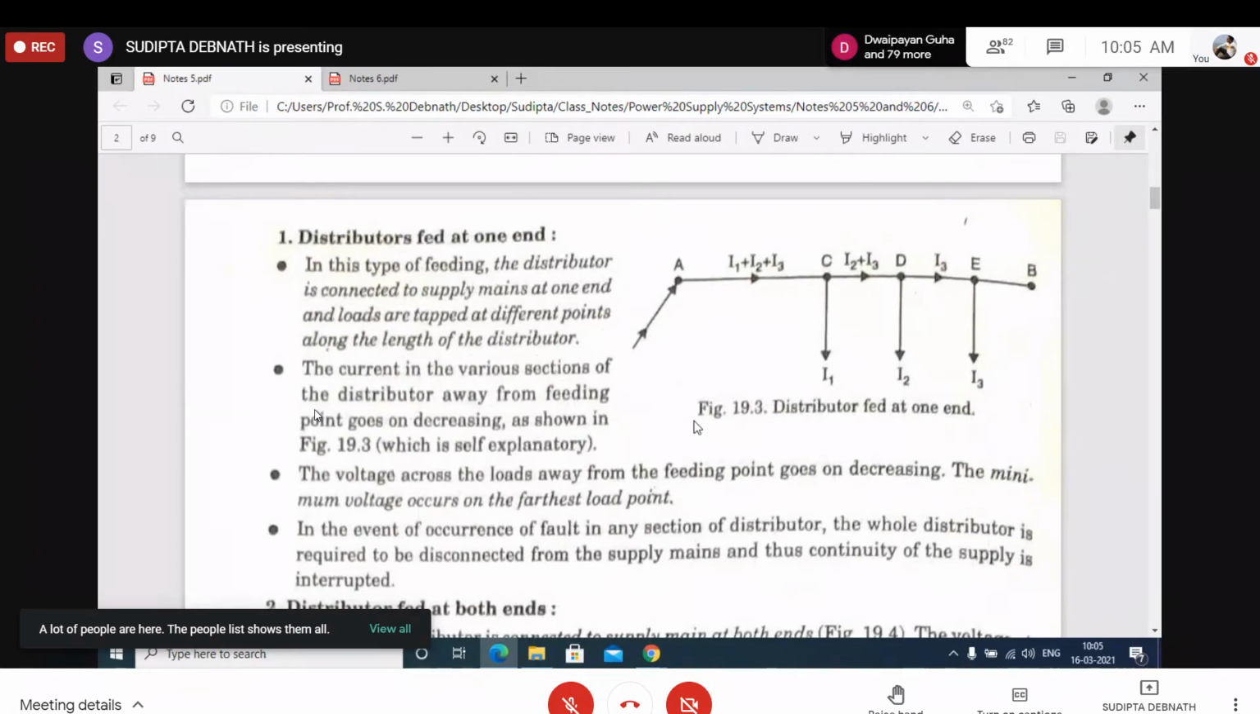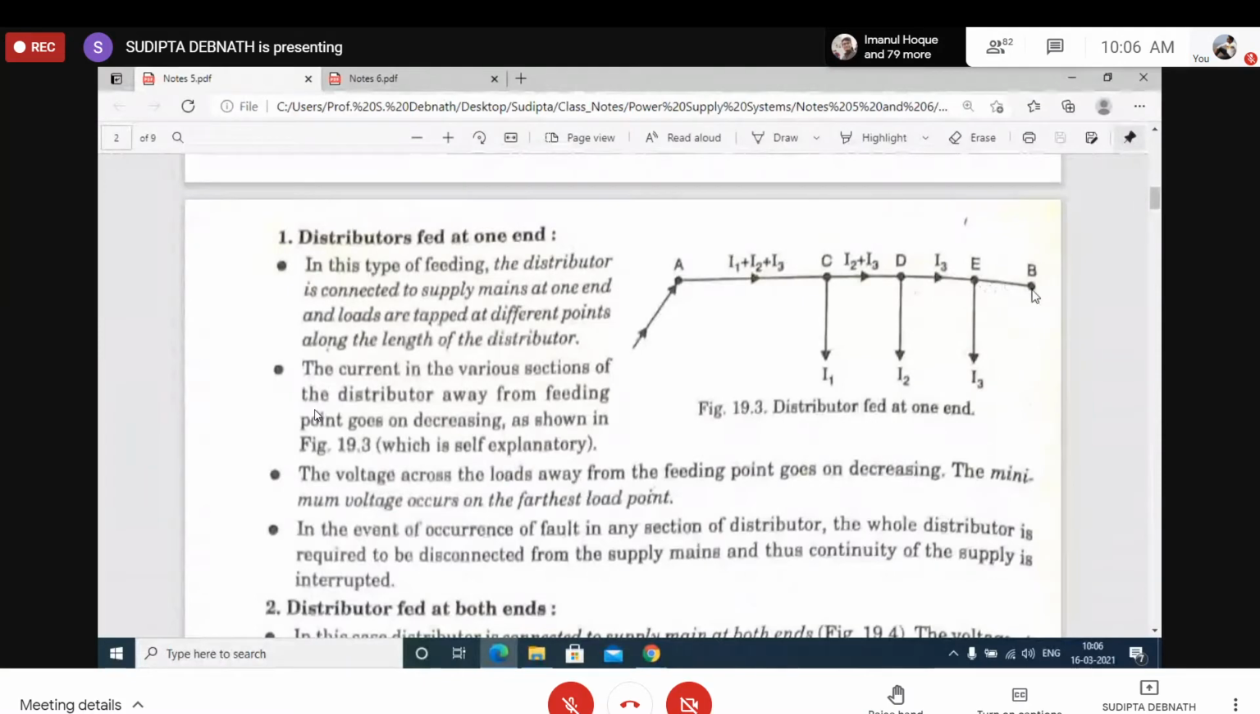Now, distributors fed at one end. See, it is fed at this point A, and B is the end of the distributor. It is fed at A. These are the loads concentrated at different points of the distributor. Let us see, the loads are I1 at C, I2 at D, and I3 at E. As it is fed at one end and no load is connected at B, there is no current